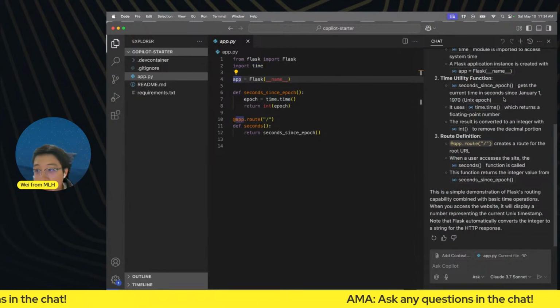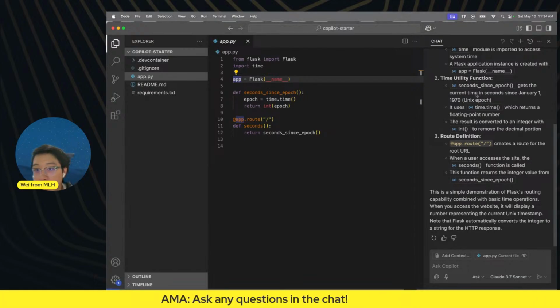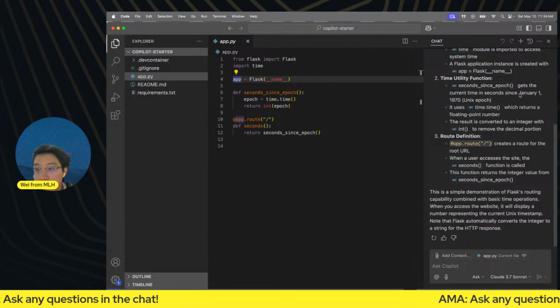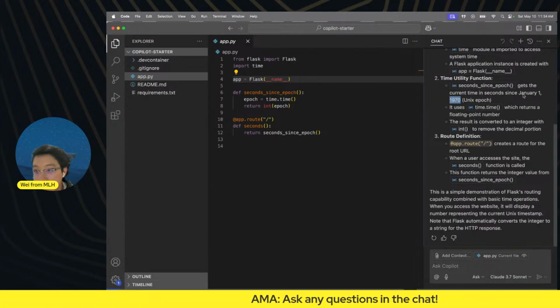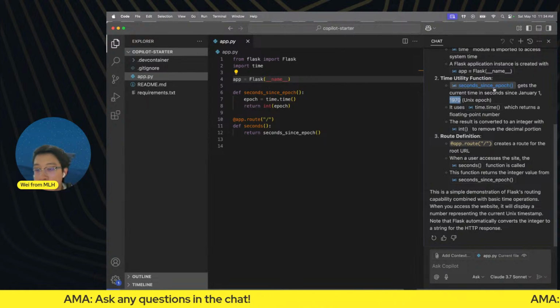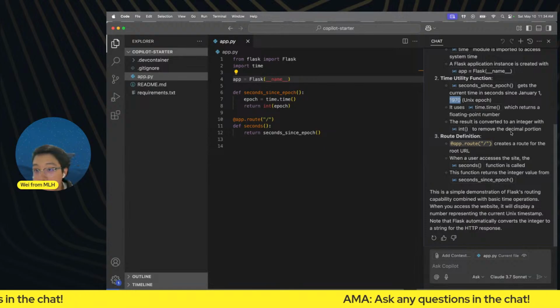And as some of you have already alluded to, epoch indeed means the current time in seconds since January 1st, 1970. So epoch means January 1st, 1970, and seconds since epoch means seconds since that date, which is pretty cool.